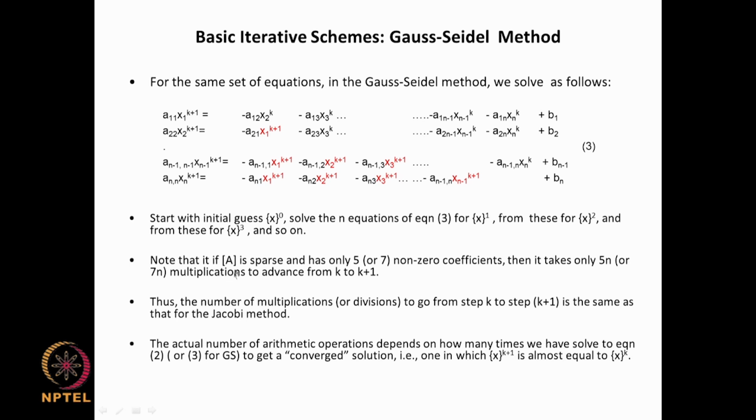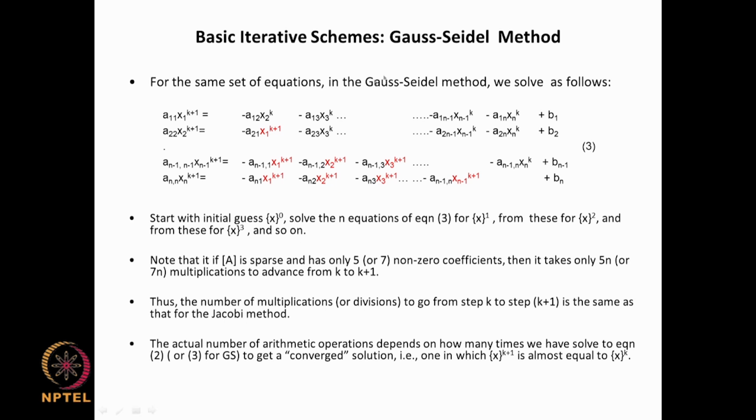And again, if A is sparse, we do not have to do it for all of these, and if we have only 5 or 7n non-zero coefficients, then it takes only 5n or 7n multiplications. So, that means that we are really taking advantage of sparsity here